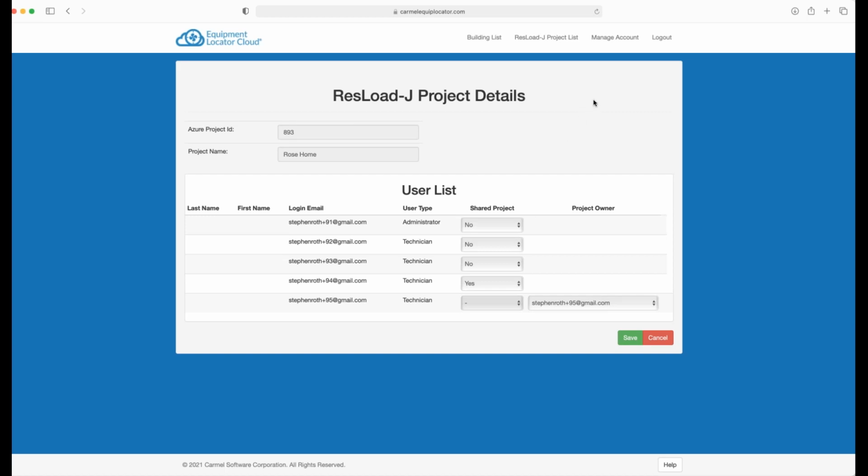You cannot share your projects with people outside your company, and that's for obvious security reasons. All right, so that's kind of the basics of the syncing functionality. And there's a lot more detail on the HVAC ResLoad-J Cloud on our website. So if I go back to